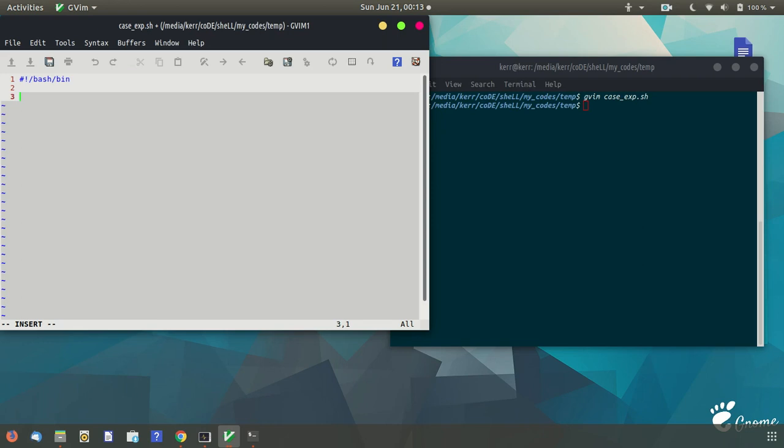It asks for one user input, that may be alphanumeric. If the user gives a numeric input between 0 to 9, the case statement shows that the value is within 0 to 9. And if it is within lower case a to z, then the case output would be that it is between a to z, the lower case. Okay, so let's make it.